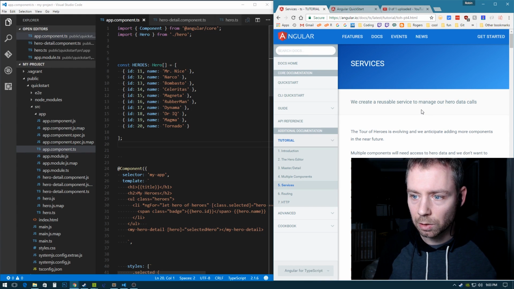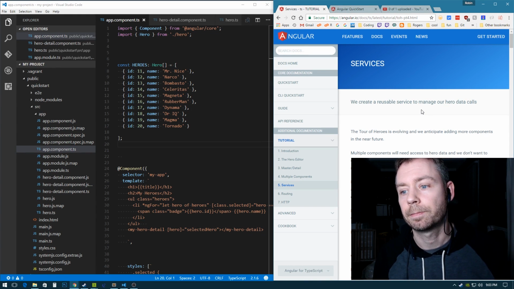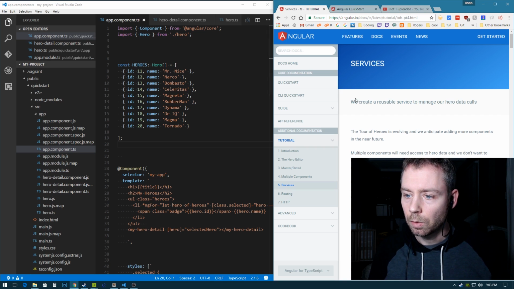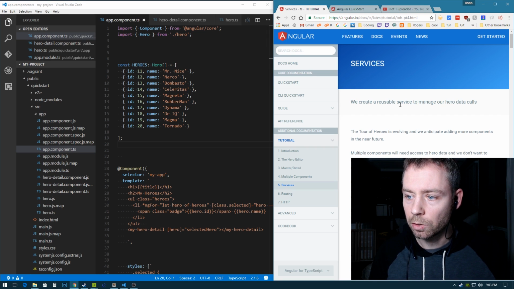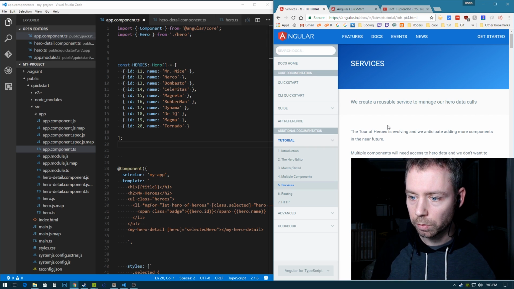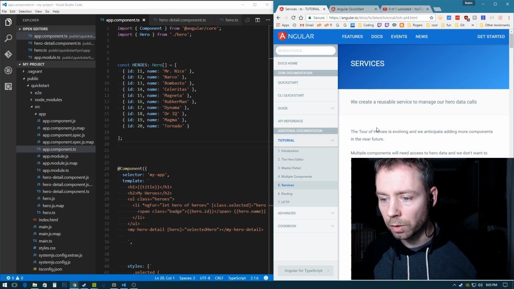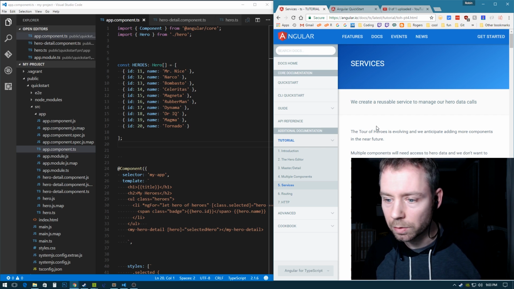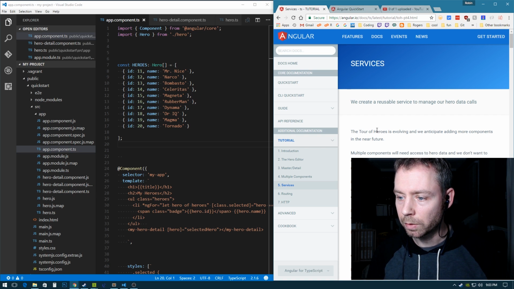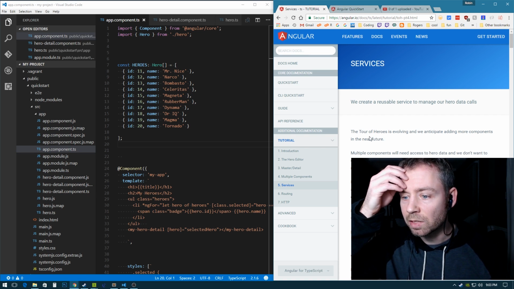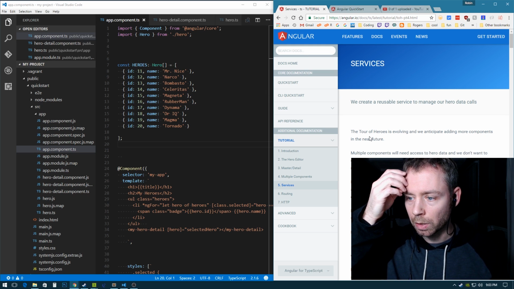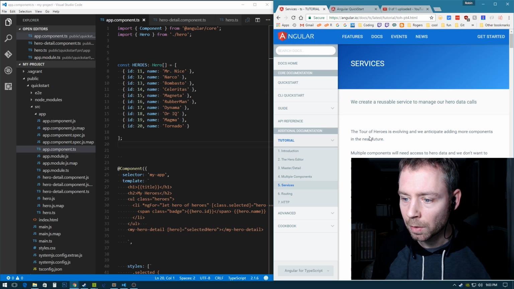Okay, so let's continue with services. We create a reusable service to manage our hero data calls. The tour of heroes is evolving, and we anticipate adding more components in the near future. Multiple components will need access to hero data, and we don't want to copy and paste the same code over and over. Instead, we'll create a single reusable data service and learn to inject it into the components that we